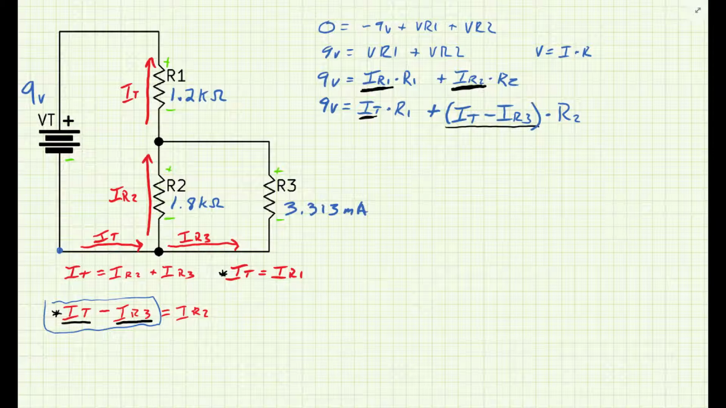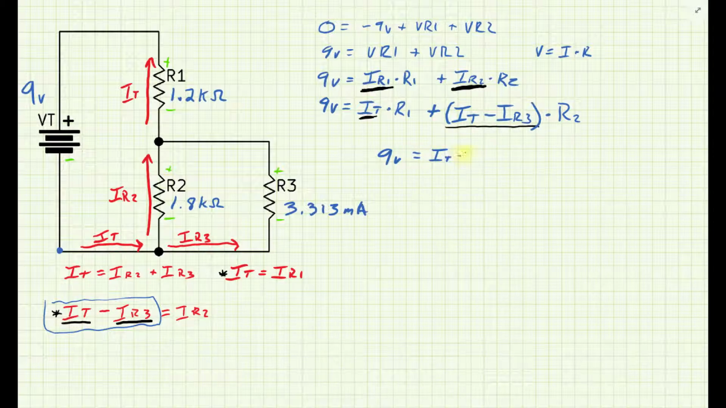And it's not really an algorithmic process. You're just going to have to look at the relationships and try to decide which path you're going to take. Alright, so let's go ahead and solve this thing. I'm going to run out of room here. So 9 volts equals